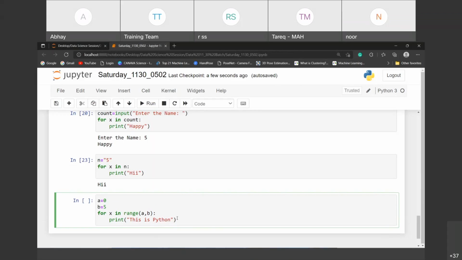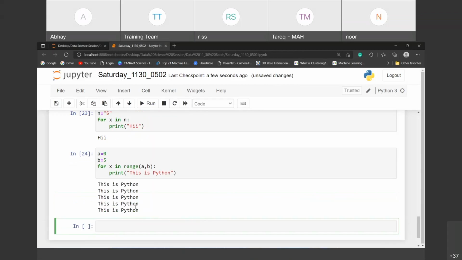5 times, 6 times, 1 time? Okay, so many people are saying 6 times, some people are saying 5 times. Okay, let's go and execute. Check out 1, 2, 3, 4, 5. Why is this 5? Starting from 0 and ending with 5? No, that is nothing but n minus 1. Got it, everyone? I'll put one hint here so that we can see where he started and the ending point. Check out, start with 0 and end with 4. That becomes 5 now. So do not get confused.